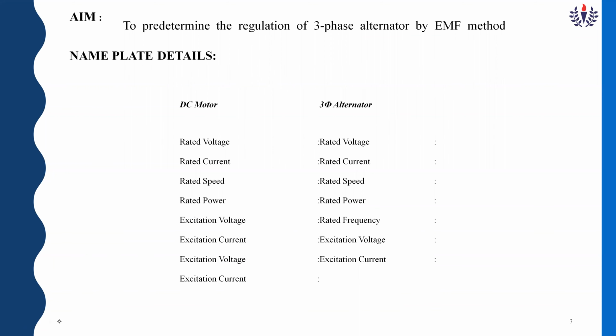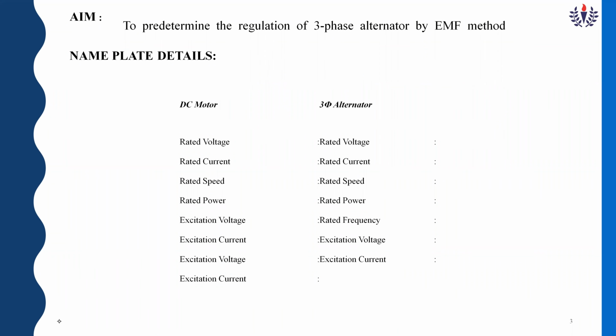The next thing is the nameplate details. When you perform this experiment, you have to first note down the nameplate details. You have two main machines here. One is a DC motor, one is a three-phase alternator. The three-phase alternator is driven by a DC motor, and you have to note down all the values of